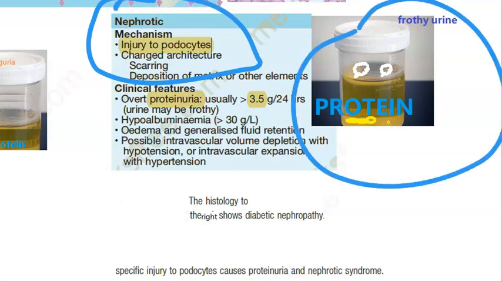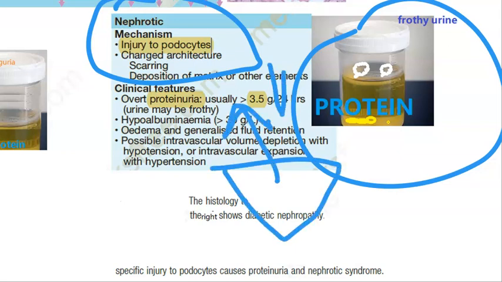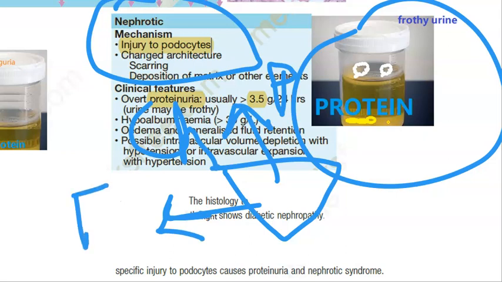Full of protein. And this guy is losing so much protein, his liver will try to make excess protein, some more protein. In that process, this liver will not only make protein, this liver will make cholesterol, it will make lipids, right? That is lipids, cholesterol. It will also make some clotting factors, right? Clotting factors it will make. Because of so much protein loss, the liver is trying to overcompensate, right? So these people will have some fatty casts also in the urine. Frothy urine they can have. They'll have hypercholesterolemia because they are making a lot of cholesterol. They are making a lot of coagulation factors. So they are hypercoagulable.